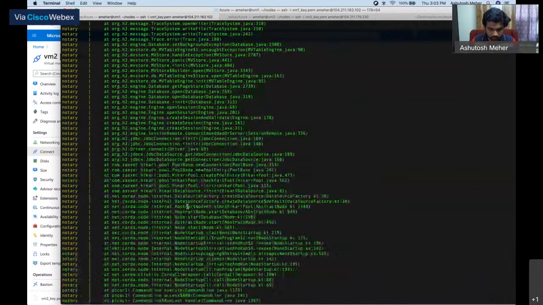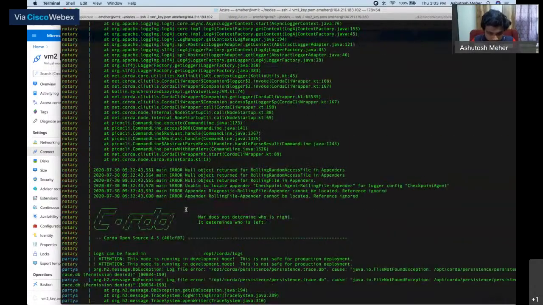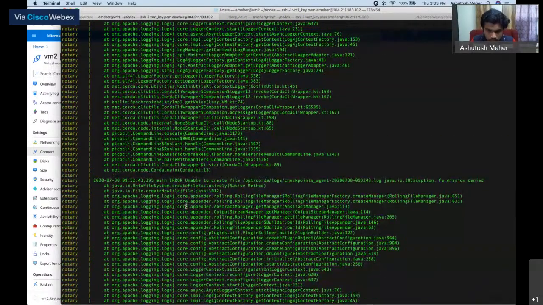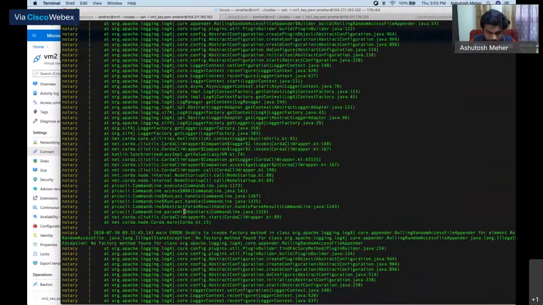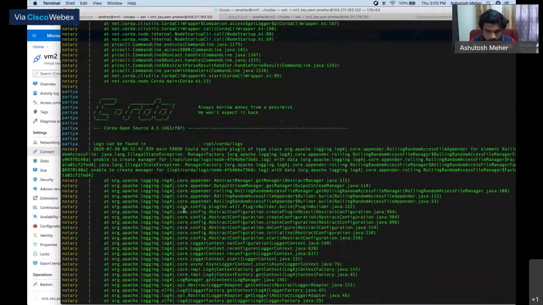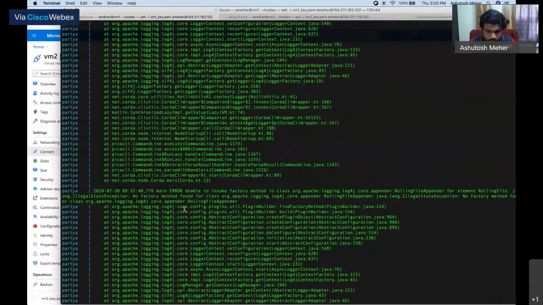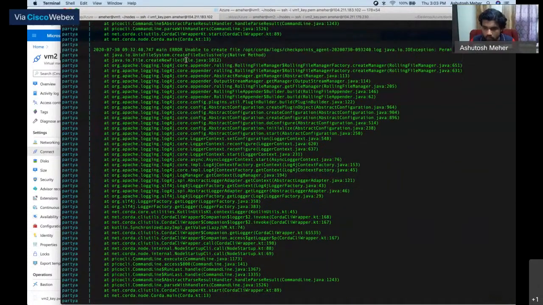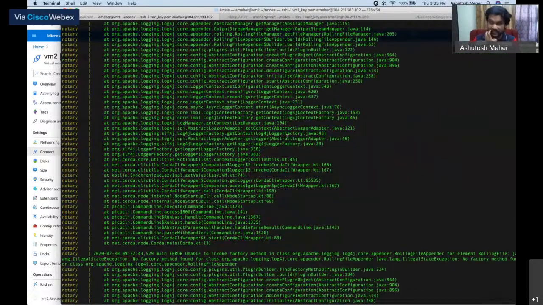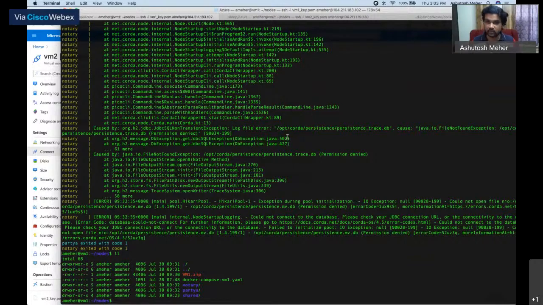Oops, something has failed here. Okay, it's a permission issue. We might not have the right permission, so I didn't create the correct user groups and stuff.